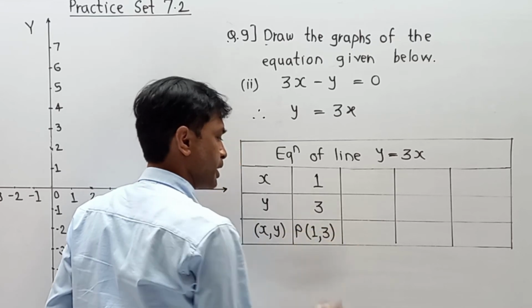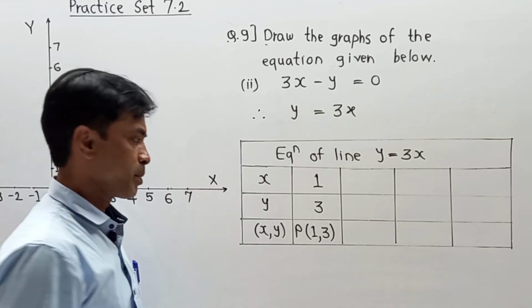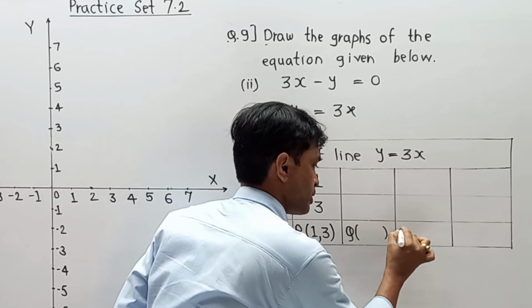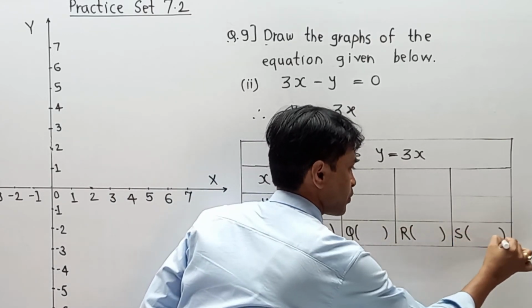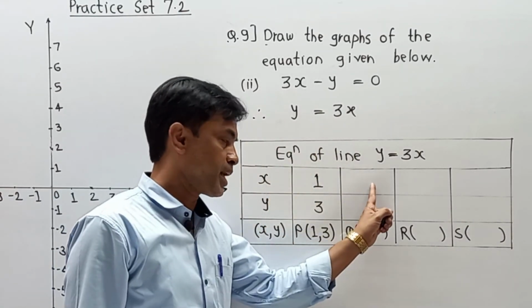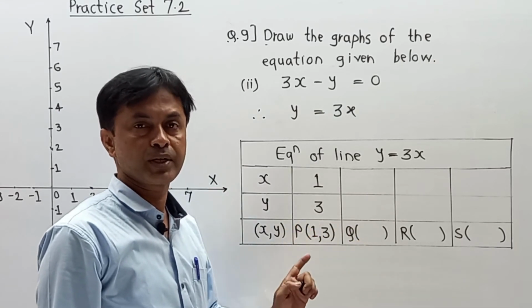Let us say now I am going to indicate it as P, because in this step I am going to indicate P, Q, R, S. So remember, the first point is P, second I am going to take as Q, third as R, and S. Either 3 or 4 points are required for my calculation. But we are always assuming x, and then we are directly getting y by calculation. That is the rule. Please pay attention.